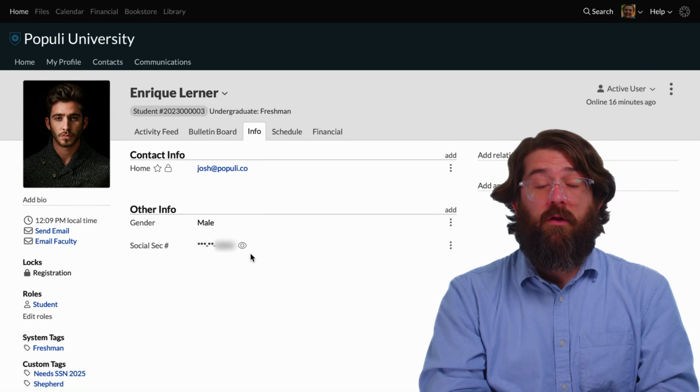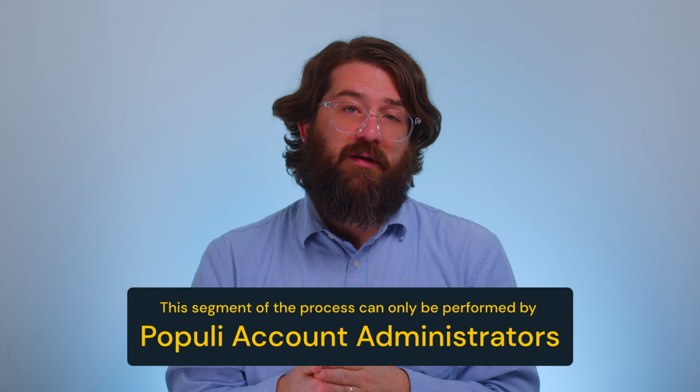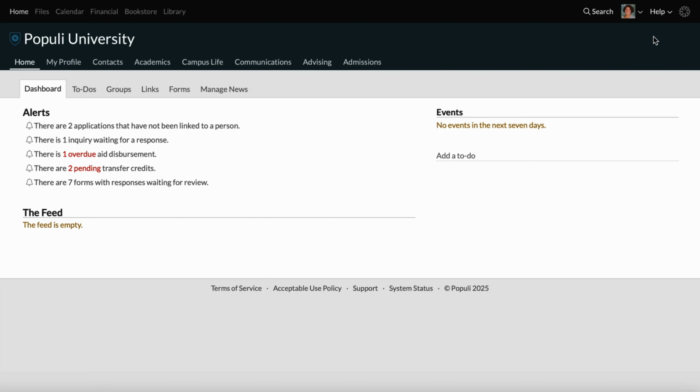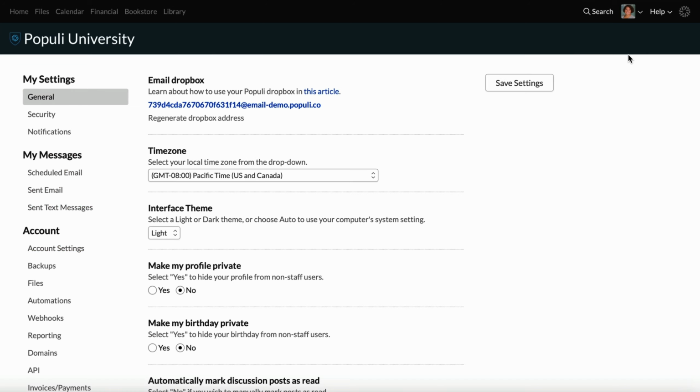That's the whole process. Let's swing back by those SSN visibility settings that I mentioned. This is only available to Populi account administrators or PAAs. If you click on your initials or your profile pic up here in the right-hand corner, you have the option for not just settings, but for account and settings. That means that you're either a PAA or a billing contact. If you then click on that and are a PAA, you'll see the option for account and then account settings,